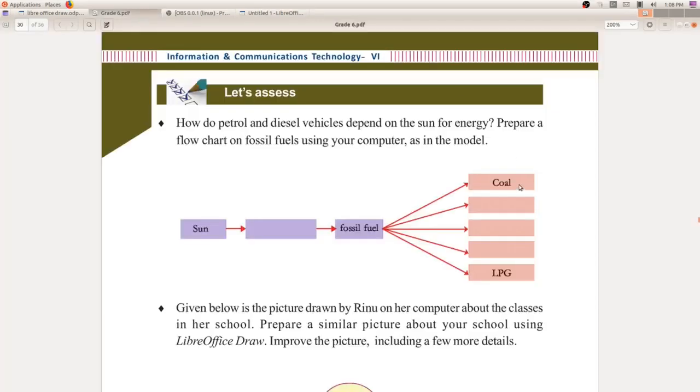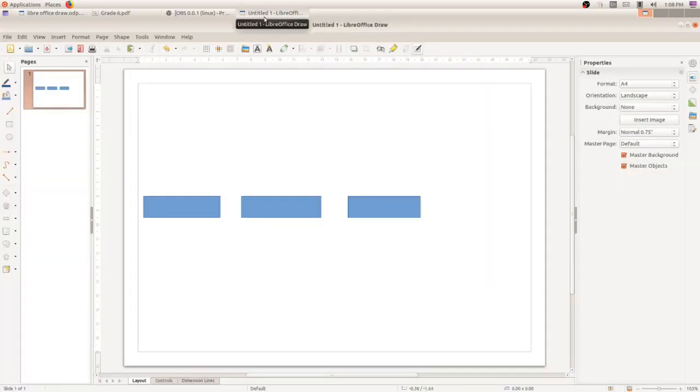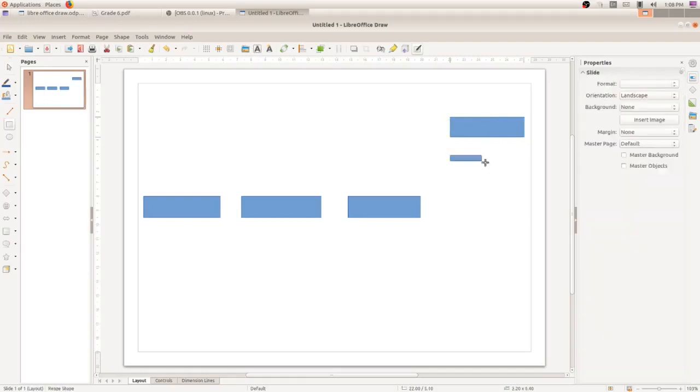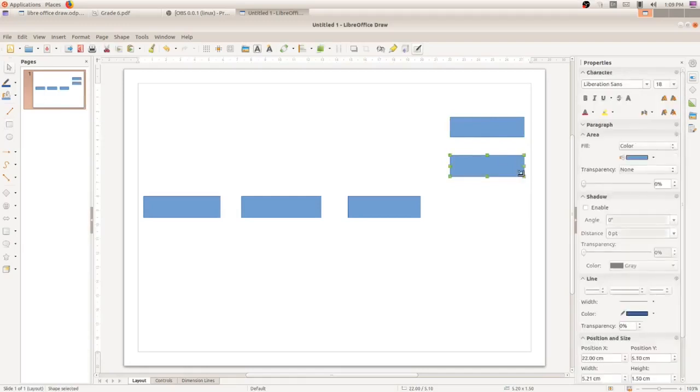Okay, now how many more rectangles? Vertically. So again click on rectangle here, draw a rectangle like this. Again choose rectangle. First you draw 5 rectangles, then you can arrange it, no problem.